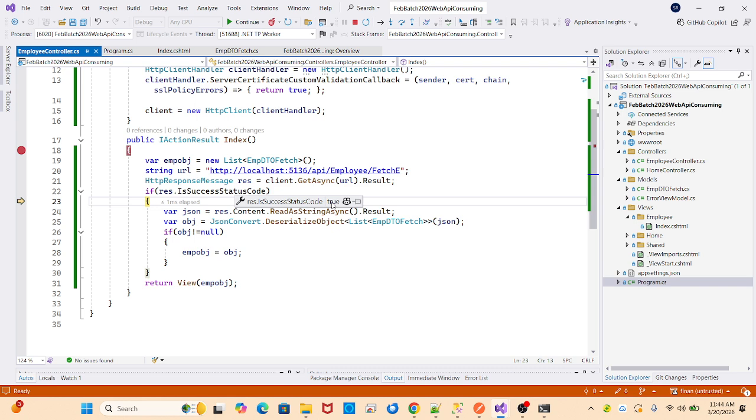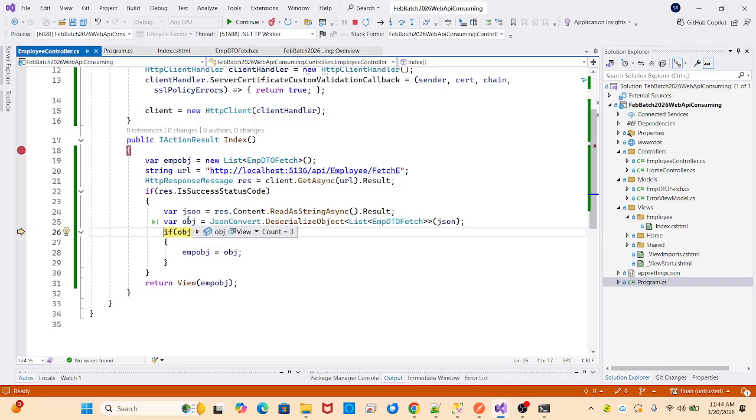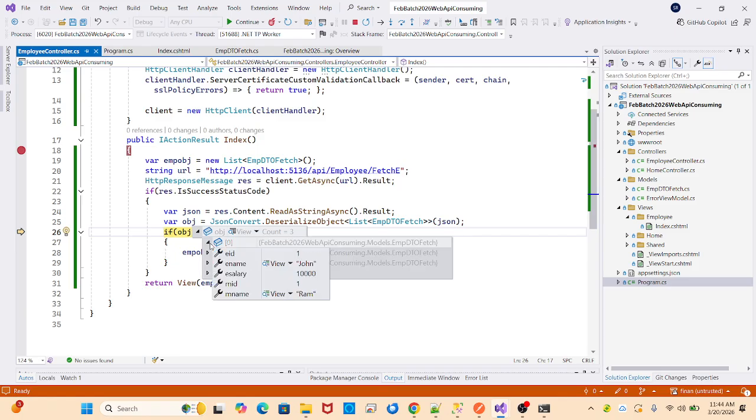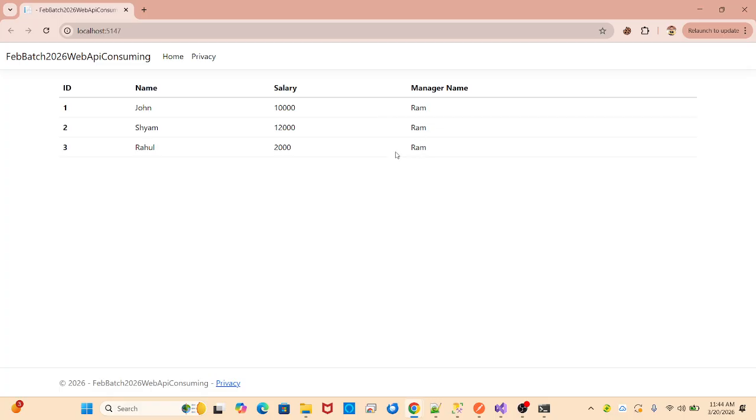It's true. It will come inside this. To take the JSON data, we'll see the JSON data. Can you see? It's fetching the JSON data, but I don't want the JSON data. We need the object. Fetching. I think now we can continue here. So basically this is consuming a GET API. Same for the POST